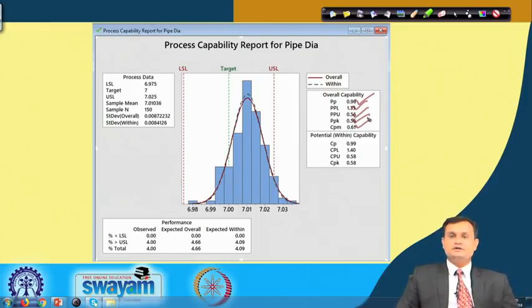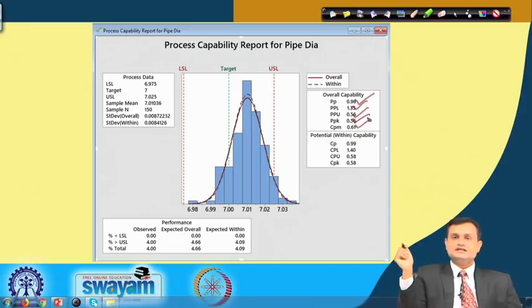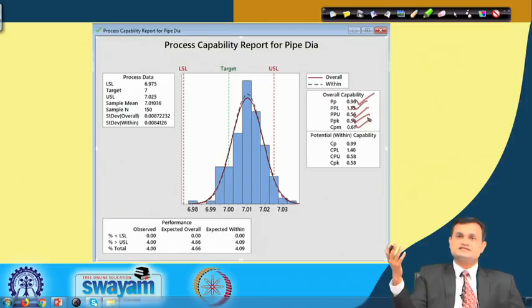So, excluding PPL, that is on the lower side, all other values are less than 1, and clearly it indicates that your process has a problem. Now, if you see the PPL, this is quite good, 1.35. So, you have a comfortable zone towards the lower specification limit, and if there is a need to readjust your center to the target or to some value, then you can move a little bit towards the lower specification limit, and you can try to control the scrap which is increasing your cost.